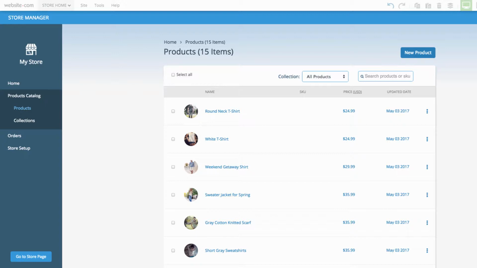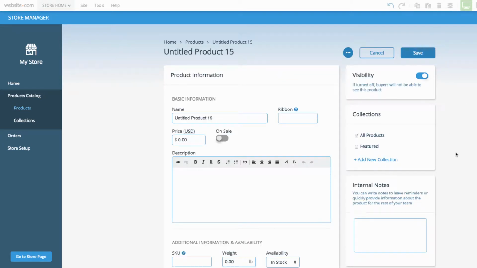So now we're here in the products catalog, and this is where you'll be adding all of your products for sale on your site. In the products catalog, you can add products, edit existing products, or even create new collections of products. So let's begin by hitting New Product. You'll be taken to a page where you can input all of the information for the product you're going to be selling. Here you can choose things such as name, price, description, and even input information such as weight, availability,